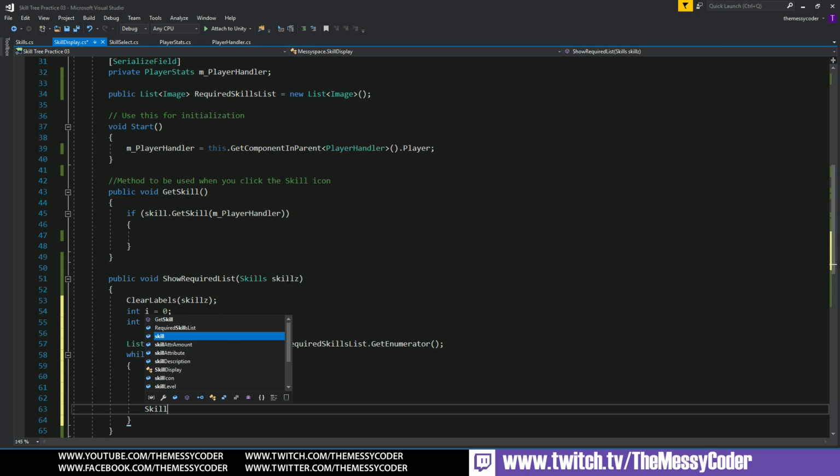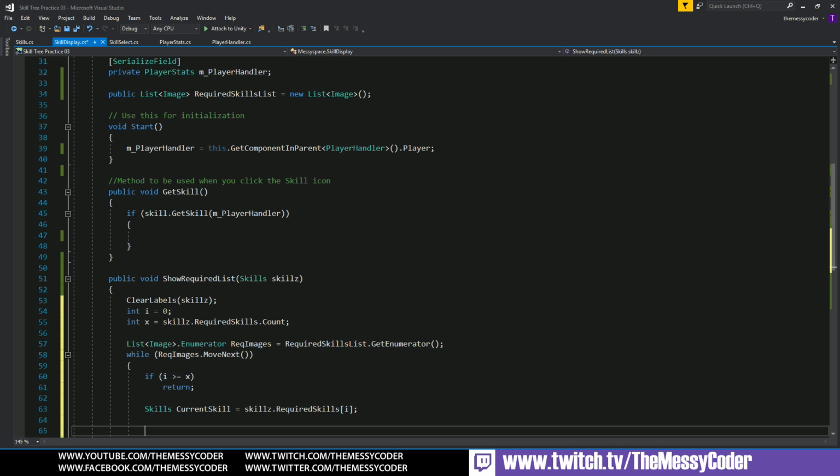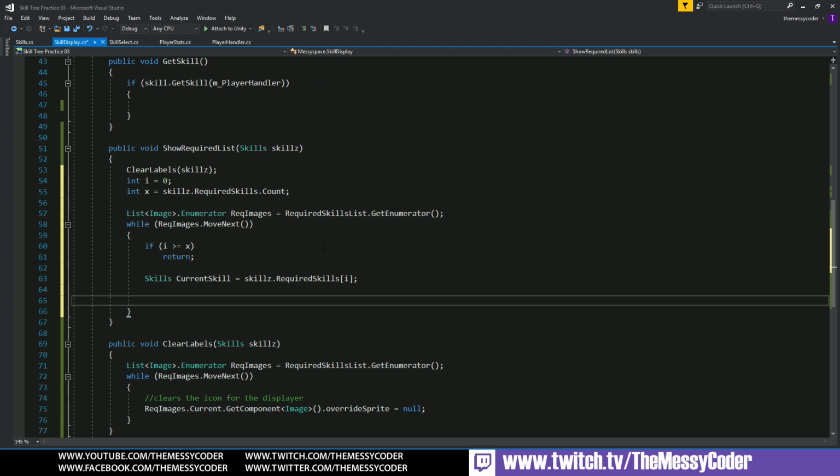So we'll say skills, and I'm going to call this one current skill, just to keep it tidy. Or let's make that camel case. And we'll say here skills, required skills, and whichever one we're enumerating through. So this is the I. Now we need to put the image in place. Do you remember down below we cleared it? We had null. Well, actually, you can just grab that here and put it there,